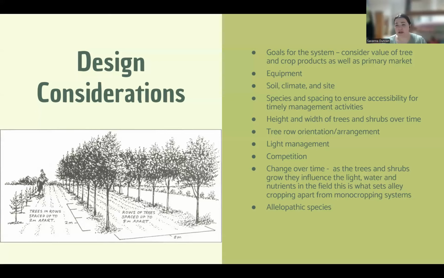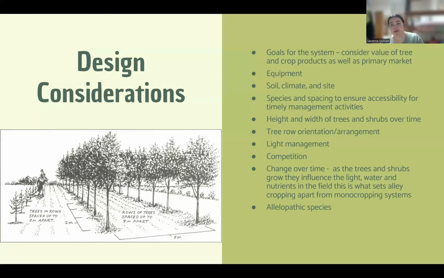Obviously, soil, climate, and site are taken into consideration. This helps in choosing species and managing spacing to ensure accessibility for timely management practices such as pruning. The height and the width of trees and shrubs, especially over time, need to be taken into consideration. Tree row orientation and arrangement need to be taken into consideration. Light management, competition,